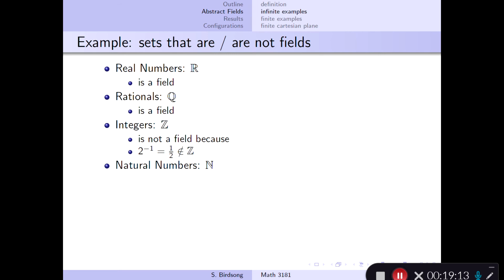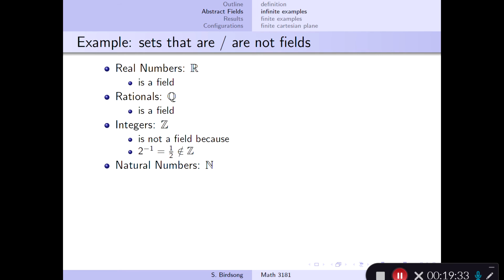In fact, it's too small to be an infinite field. Why? Because it's missing some of your inverses. In fact, all of them except for the inverses of 1 and negative 1 are missing. So, our first not field. So the second guy that we have here is our